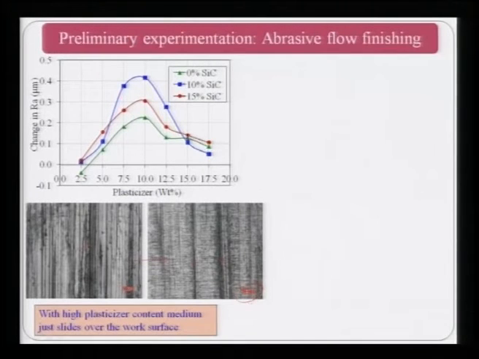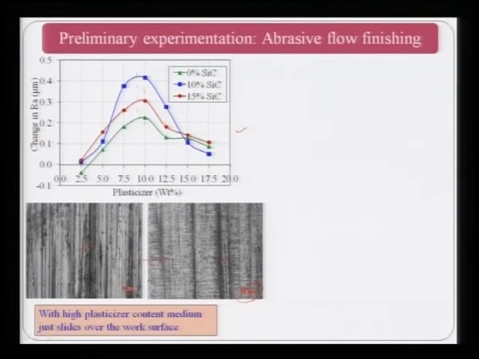This same thing has been shown over here in the top picture, that is the relationship between plasticizer weight percent content and change in Ra value, that is initial Ra value minus final Ra value, which gives you the change in Ra value. Now, you can see that up to a certain percentage of plasticizer, around 10%, up to that particular point the change in Ra value is increasing, and beyond that it starts decreasing.